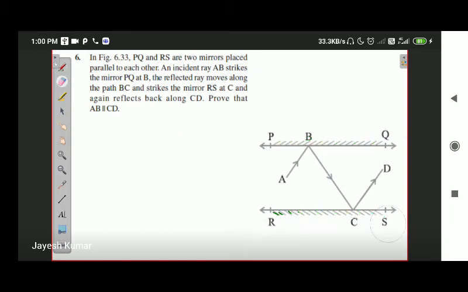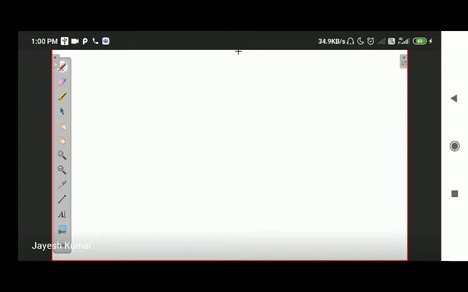Next, we are going to use a concept from your science: the concept of reflection, which you might have learned till now. In reflection, there is a concept called point of reflection, a concept called normal to the mirror, and there is angle of reflection and angle of incidence. So let me remind you once again.